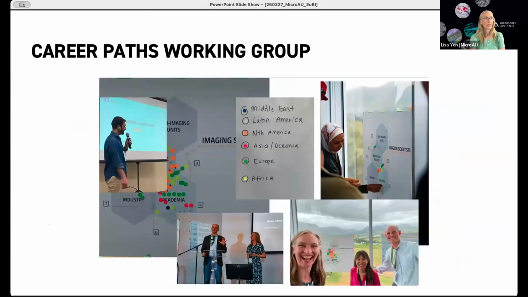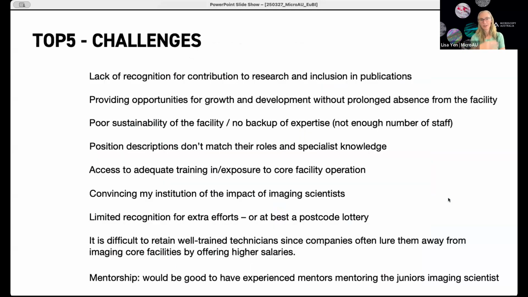We did try and think about ways to map various responsibilities that people have got within their groups. We looked at whether there were any regional differences as we put together the information that then led to things like looking for the top 5 career challenges. And again, please let me credit Yara and the Global Bioimaging team.